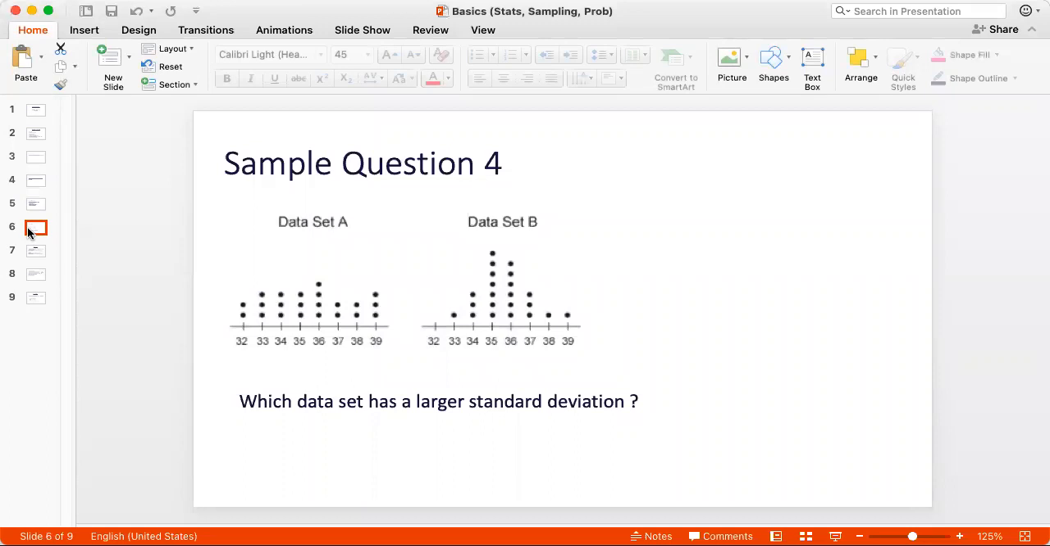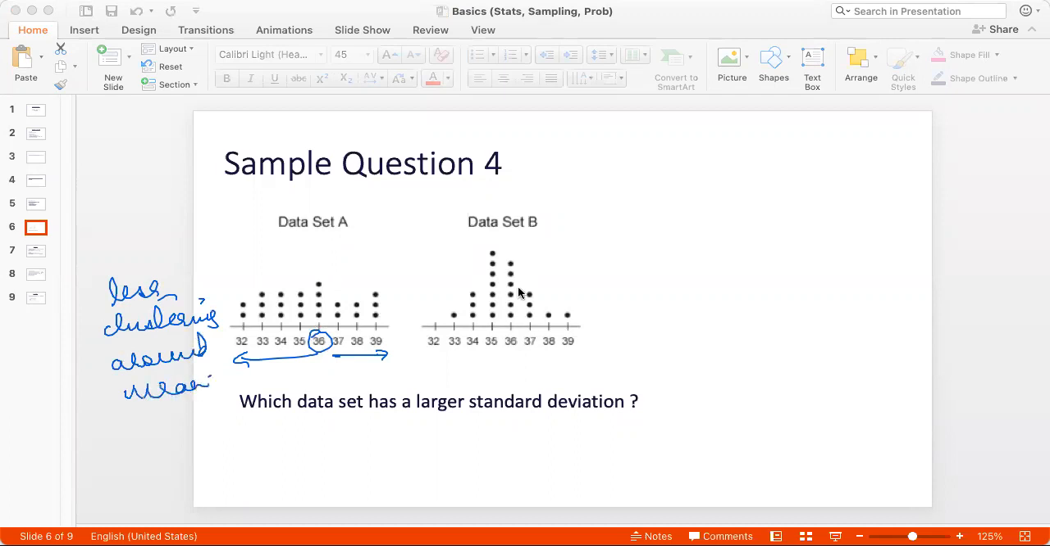Right, now we have two data sets. Which set has a larger standard deviation? So let's say that the mean for this data set is, let's say, 36. So my spread goes until 32 on the left and 39 on the right, right? And basically the clustering around the mean is less, right? Less clustering around the mean,